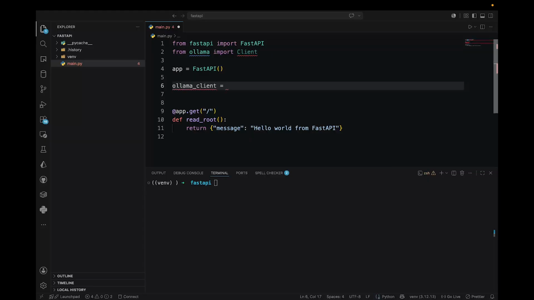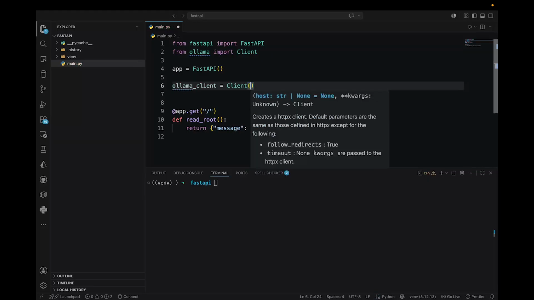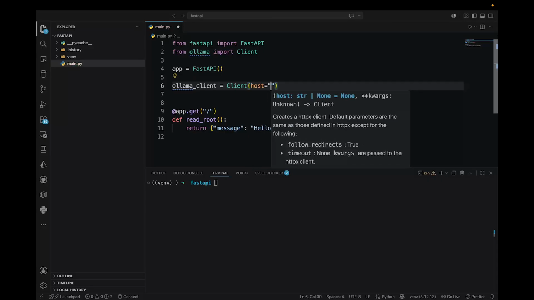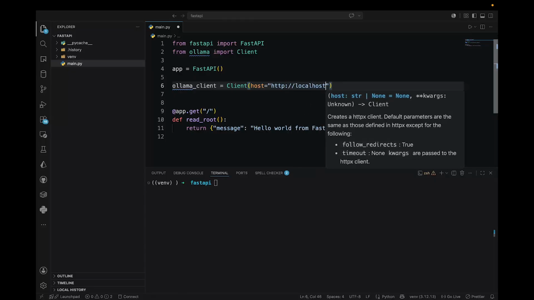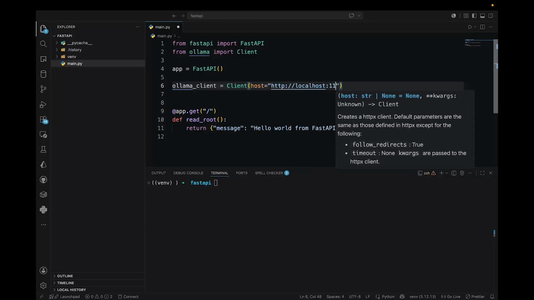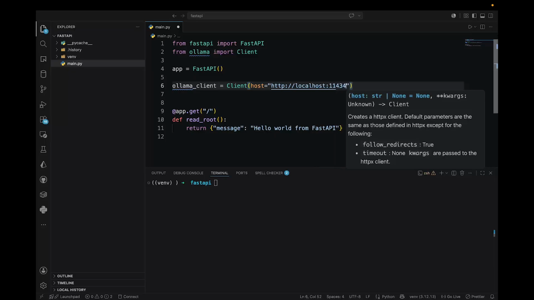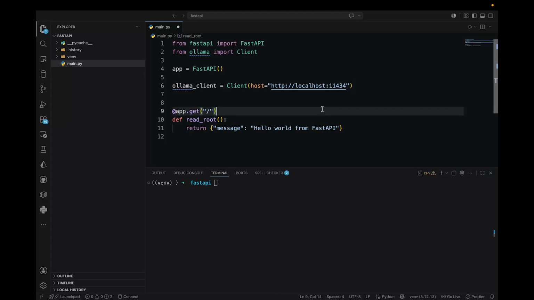That should be equal to Client, and the Client is given a host argument, and that should be equal to http://localhost:11434. Okay, remember this port 11434 is the default port that Ollama uses to accept API requests. Okay, before we test this,